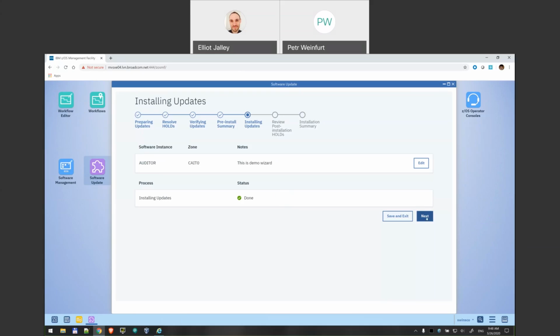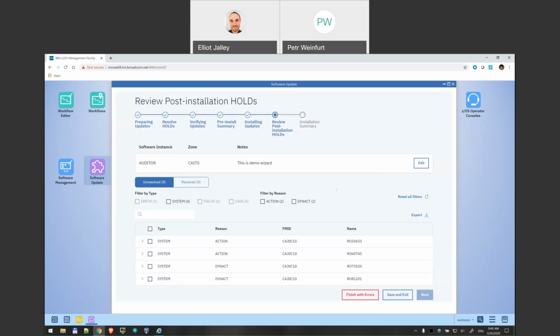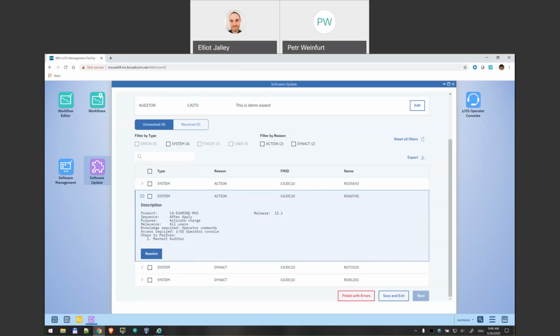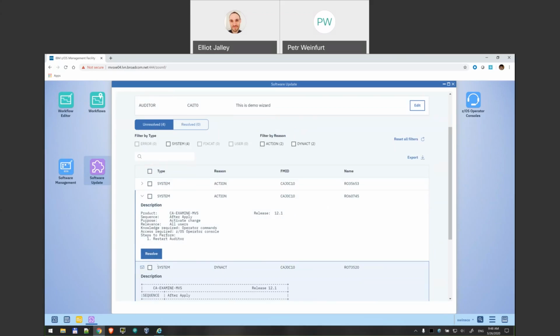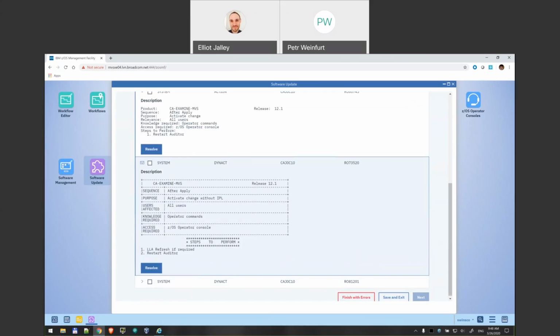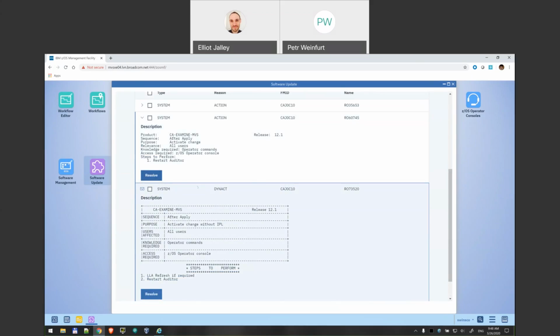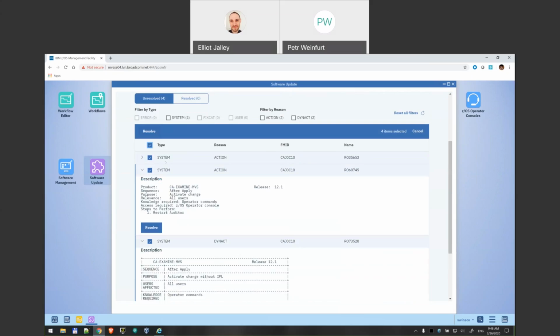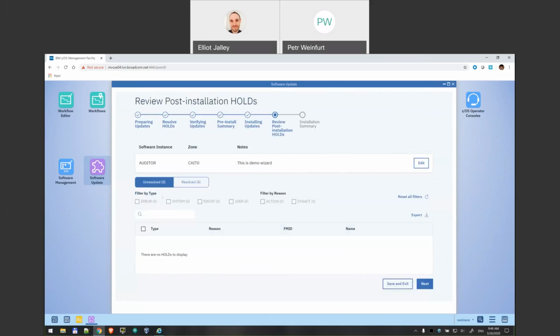Nothing else here, so just move forward to the next screen, where we are presented with the post-installation hold data again. As I was saying, it might have special meaning for you, might be sent to some other colleagues, or you need to save it somewhere else. The only thing here, you need to again confirm the resolution, so you need to resolve each one of them, or maybe resolve them immediately with the batch operation like this. So I resolve them